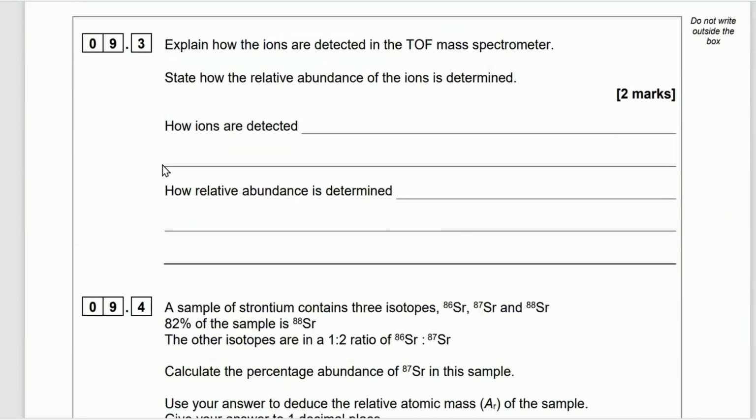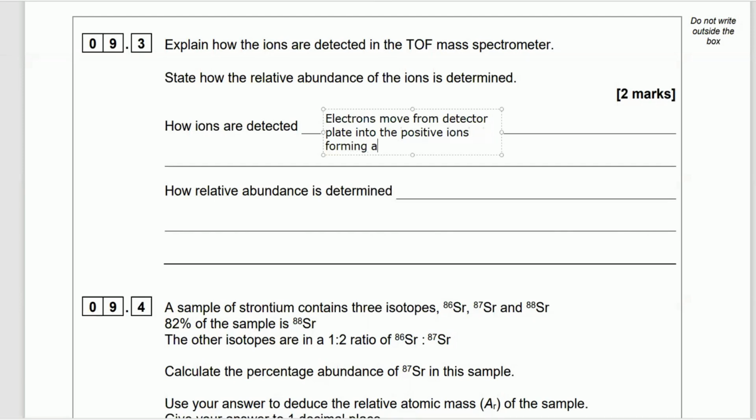So what have we got here? We've got 9.3. Explain how ions are detected in the TOF, time of flight, mass spectrometer. State how the relative abundance of the ions is determined. Okay, so first of all, how are the ions detected? Well, after electron impact or electrospray ionization, they're going to be positive, these ions. Now, as they move towards the detector plate